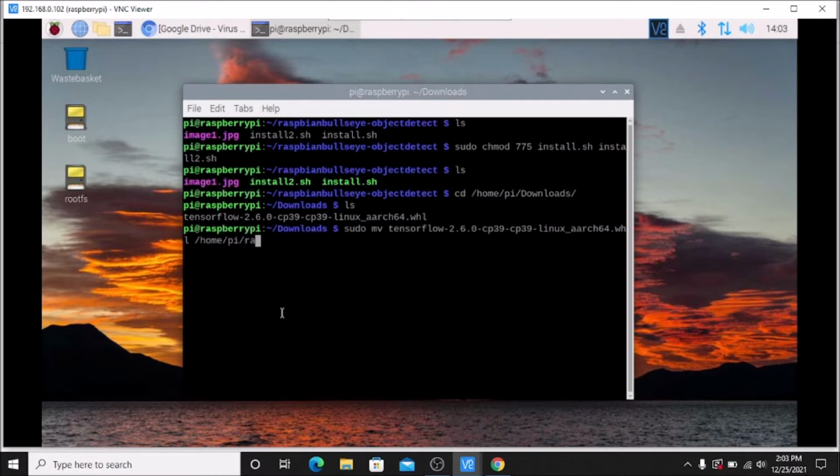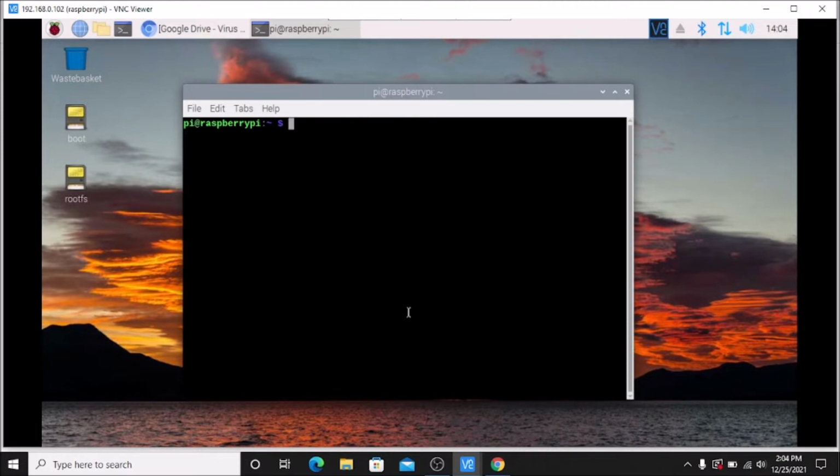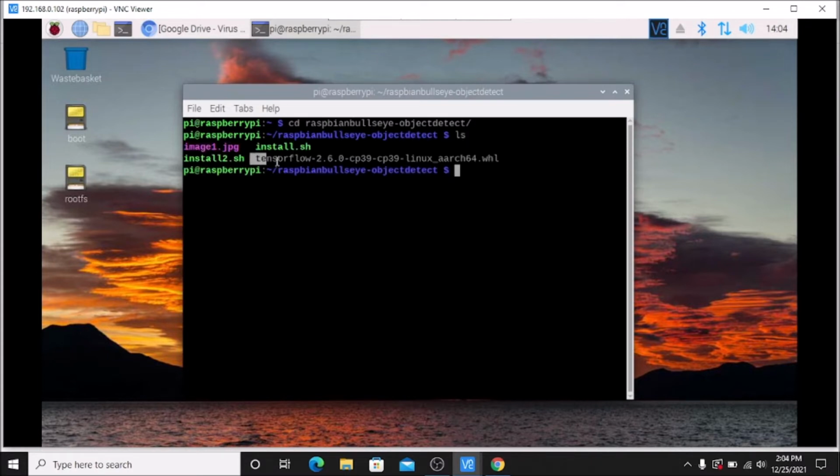Simply type RAS, press the tab button, and hit enter. If I run the ls command, as you can see, there is no package, which means we have successfully moved it into our Raspbian Bullseye object detect folder. cd, clear the screen, again cd, this is our folder, hit enter, ls, and as you can see, we have our package now inside the folder.